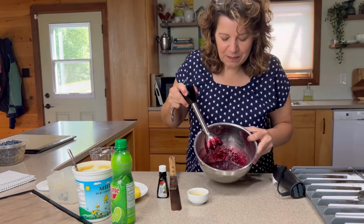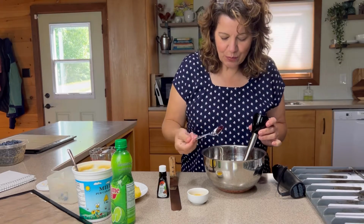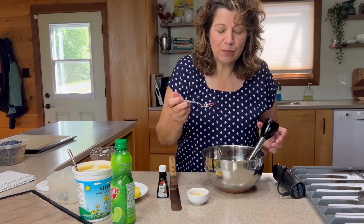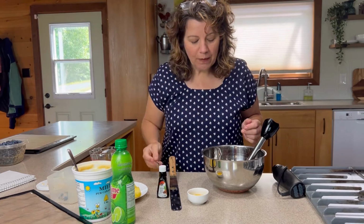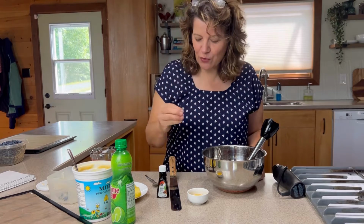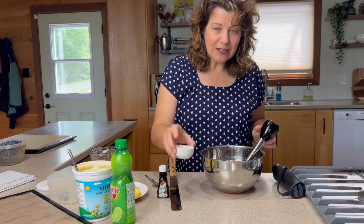I have pureed my blueberries and I'm just gonna taste it and see what I think, because these are fresh blueberries and you're gonna get a little variation every time. Oh man, that is so fruity. I do feel like I want a little bit of sweetness to it, so I'm gonna add a little